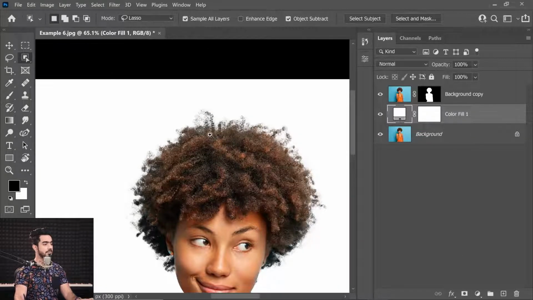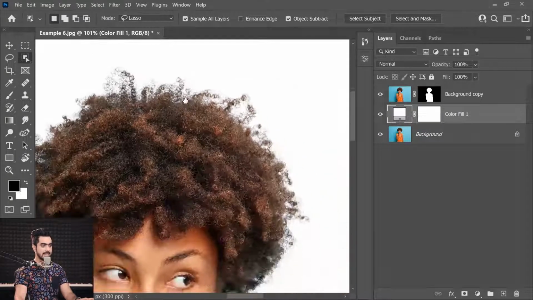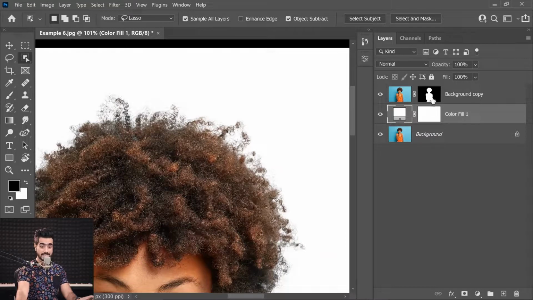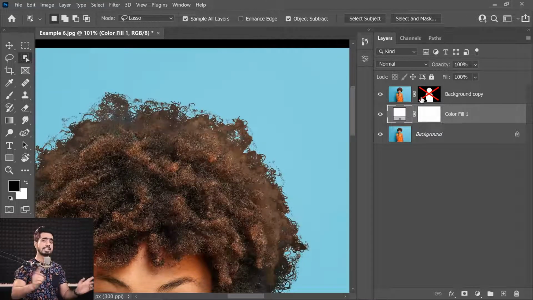Just like that. Now you would notice that when I turn off the mask by holding the shift key and then clicking on the mask,